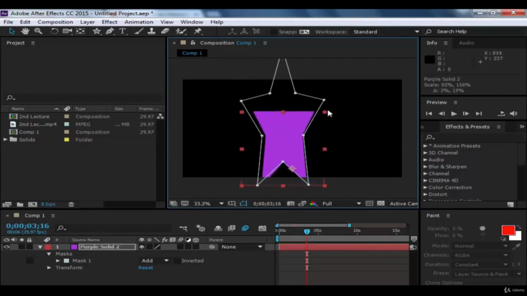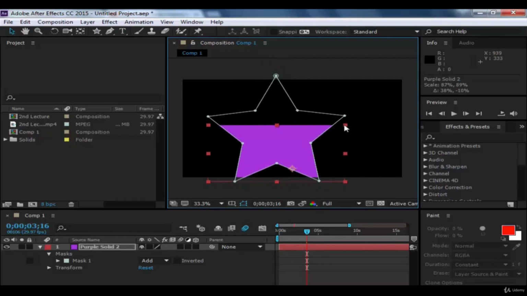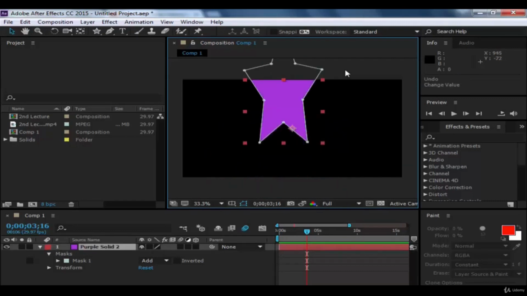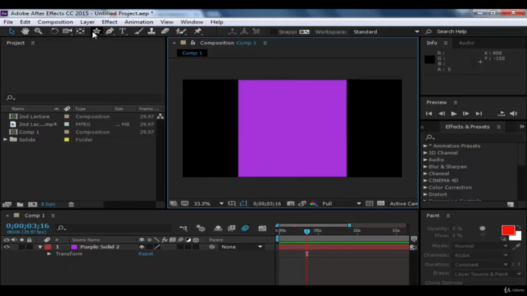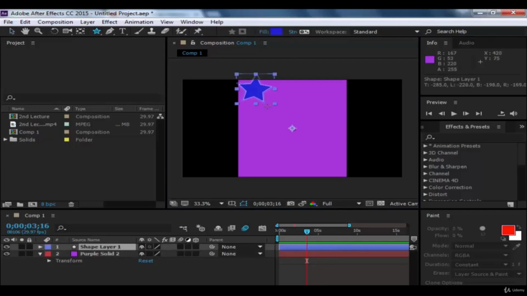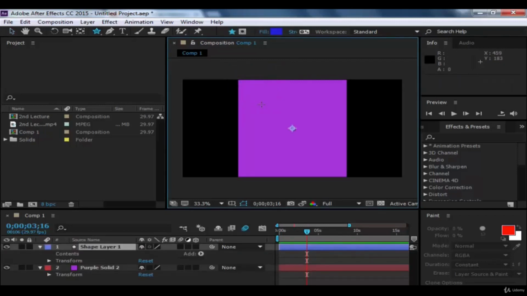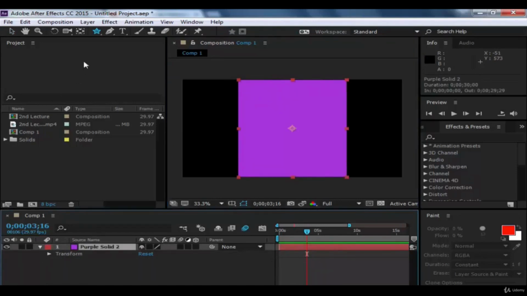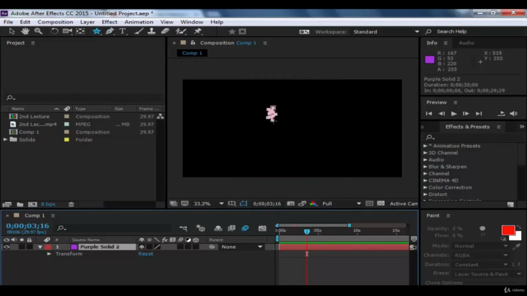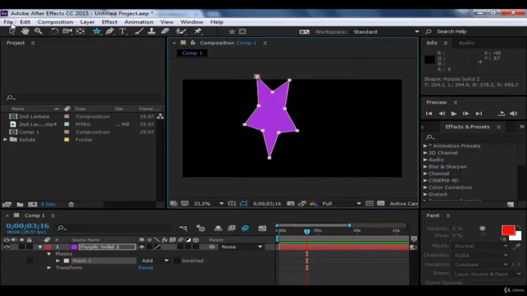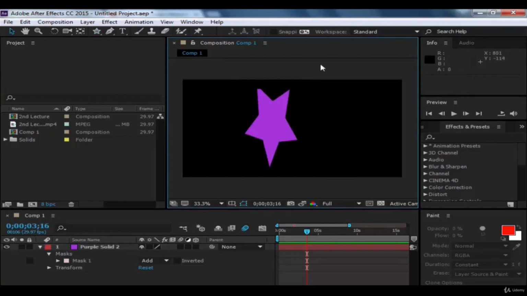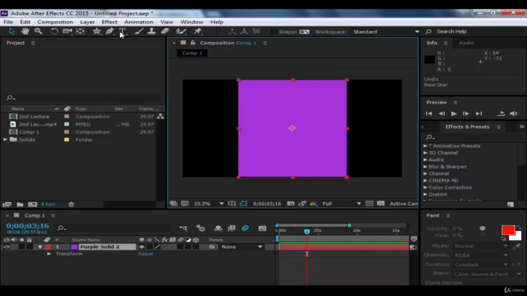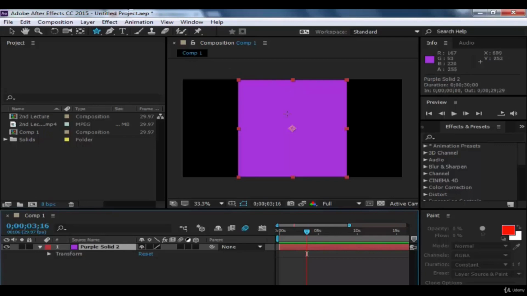And let me just drag it a bit bigger. Oops, let me just see that. Alright, yeah. So again, to create a mask you must first select this one, and then you can try to create another shape. Alright, just select this one, and